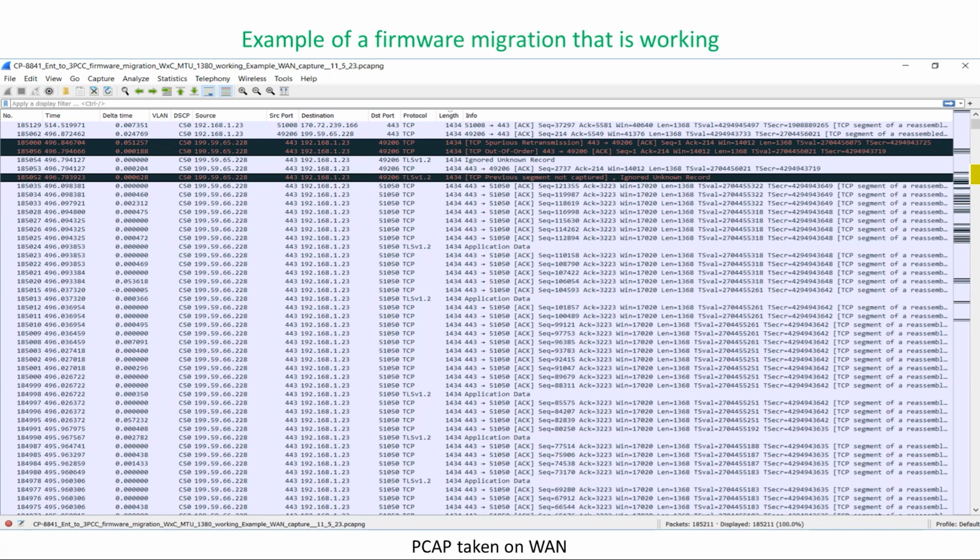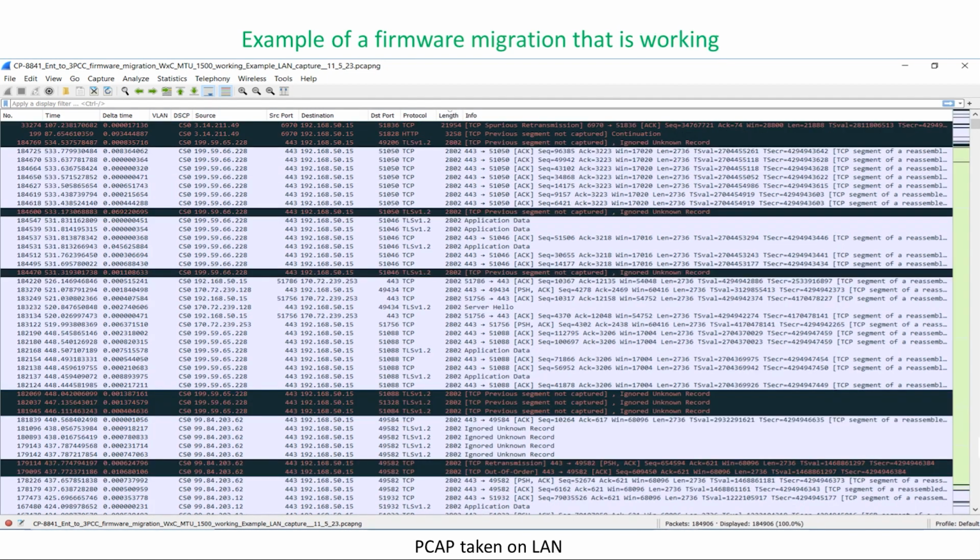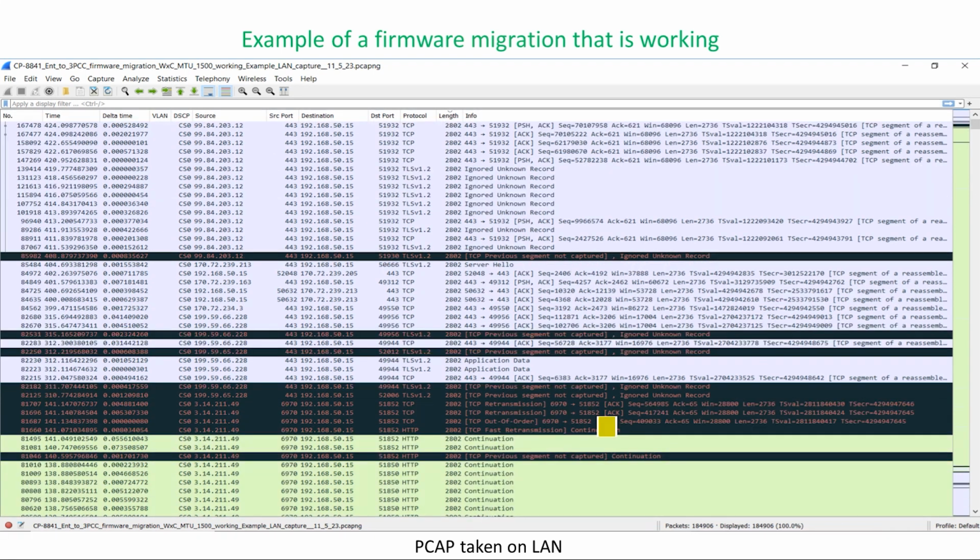Okay, so in this PCAP, this is going to be a working example, and we're taking this from the WAN side, and we're sorting it again on the length. So you're going to see a majority of these packets are 1434. And we'll just go down the PCAP here. If we look at the length, some of these packets are even larger, 2802. So these are on the larger side. If we keep going down, again, 2802,